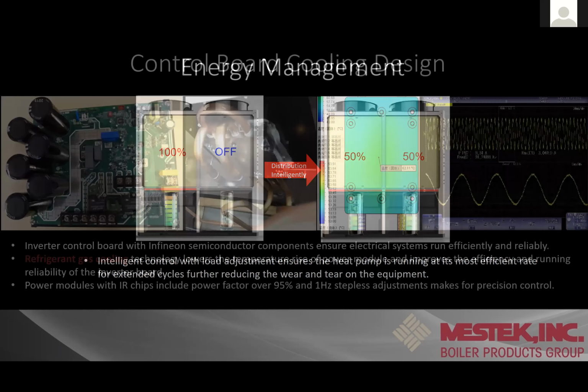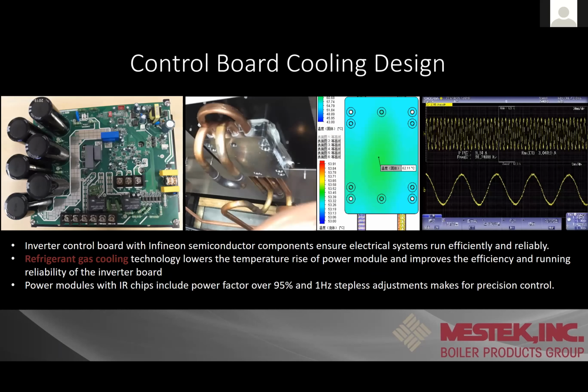So control board design, what you guys are looking at over here is your DC inverter drive with all those capacitors on there. And what we've done here is they also added, if you go to that second picture over to the right, there's a little heat exchanger there. So when in cooling, let's say it's hot out, we're using it for cooling, we don't want that board to overheat. It's the same as a VFD drive on a pump, like in a boiler room. We don't want that thing to overheat. So what they did is they put a little heat exchanger in with the control. So when it's in cooling, it's actually cooling the